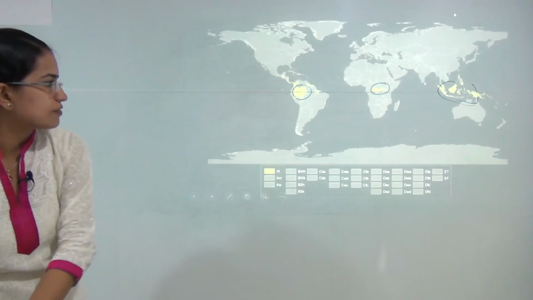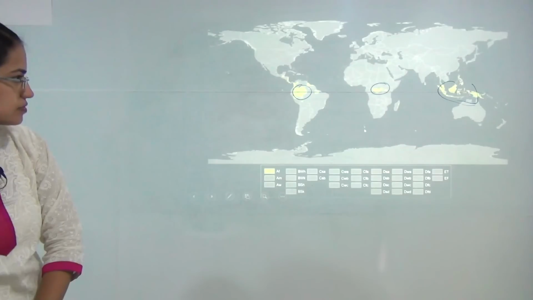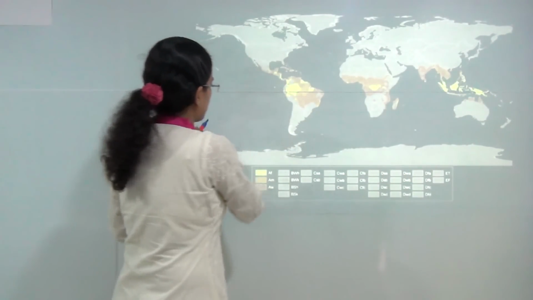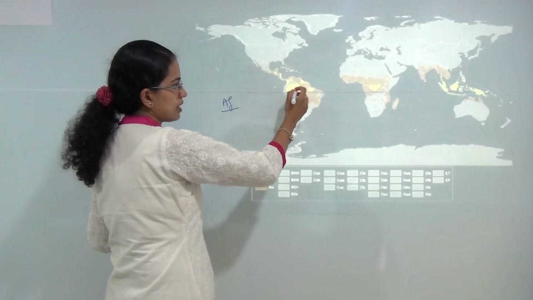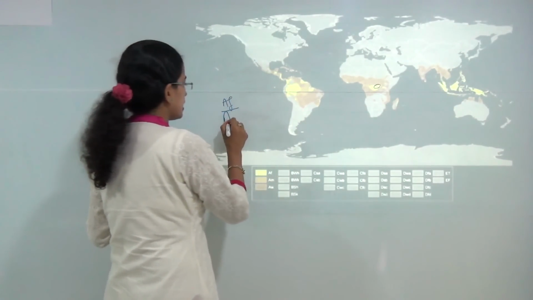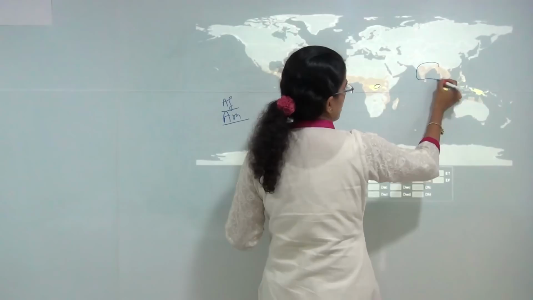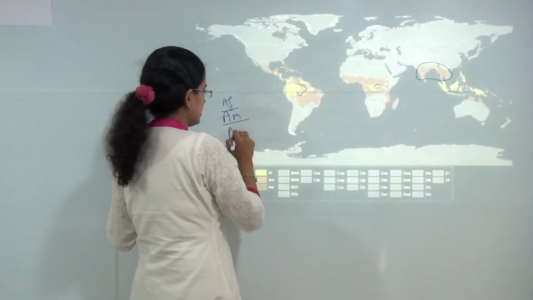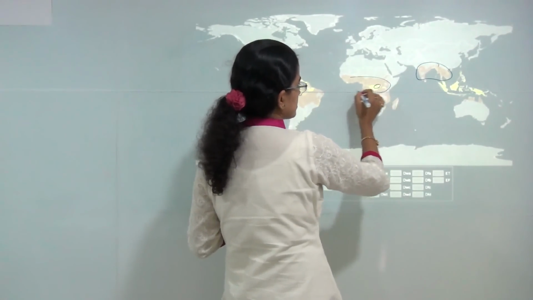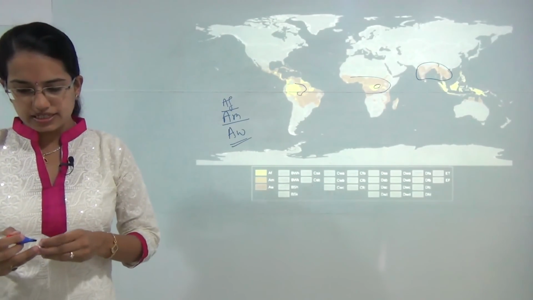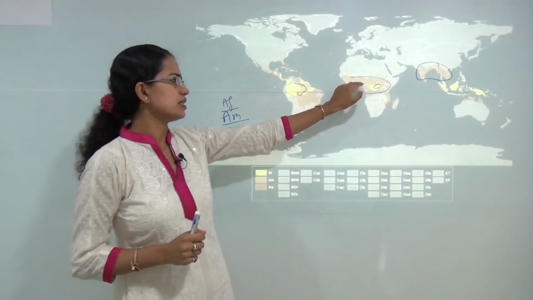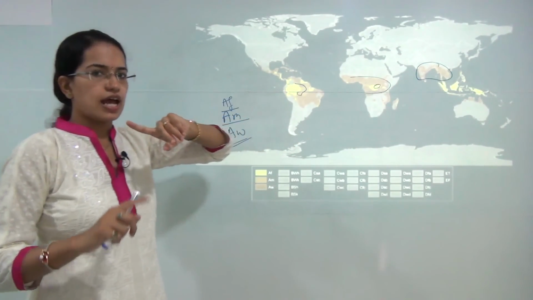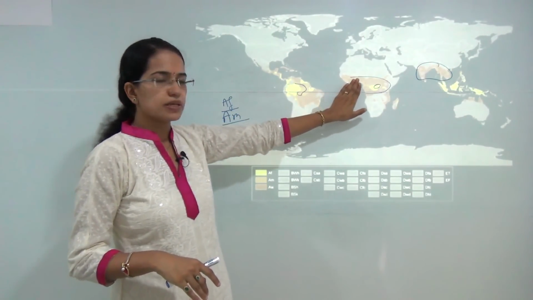Now the next slide that we will have shows all the three regions, that is Af, Aw and Am. So Af is marked with yellow, that we have already talked about, the rainforest areas. Then we have Am, that's the light orange, and that's the monsoonal land. And so you have the monsoonal region here. And finally you have the Aw, that's the savanna region. And this savanna region is mainly the grassland region. The dry areas see a lot of trade winds that blow in this region. We will be talking about trade winds as we talk about pressure and more topics in climatology.